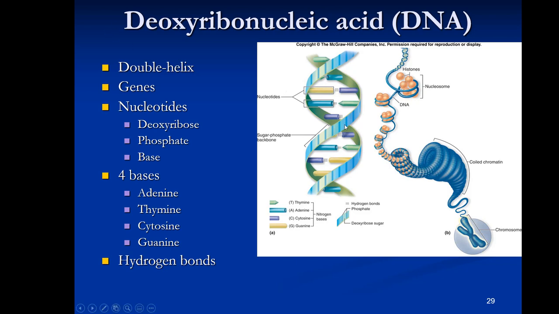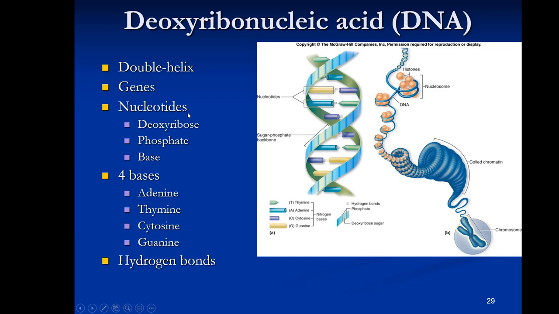So it's a double helix model, which basically means it looks like a spiral staircase, and there's two strands, and they're held together by these bonds called hydrogen bonds. So double helix, a section of DNA is commonly referred to as a gene that encodes for something, commonly encodes for proteins. And so it's classified as a nucleic acid, and a nucleic acid is a string of what we